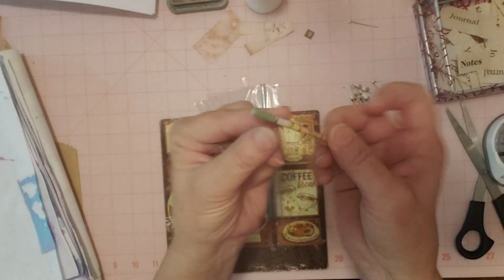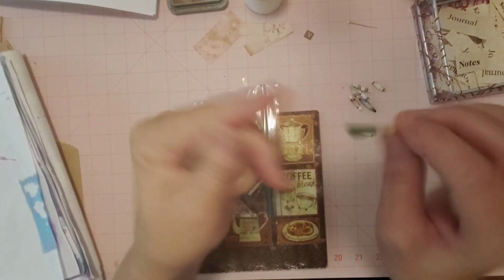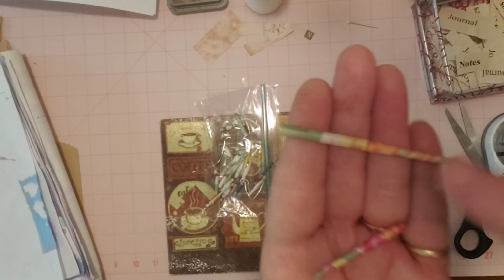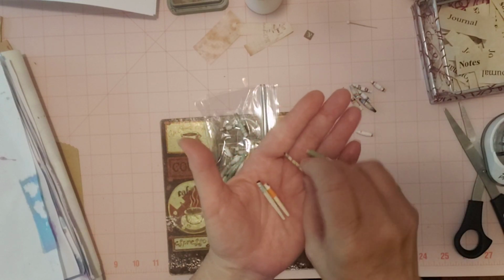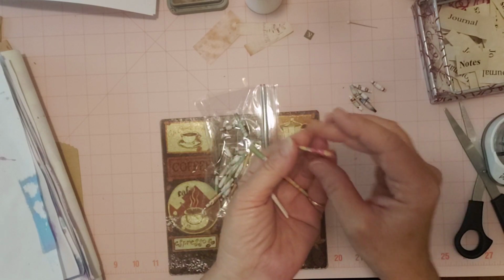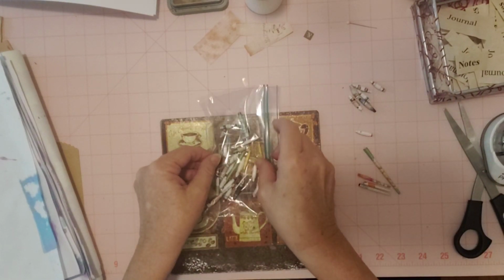But he made this one, and we were joking that, oh, this one could be an earring. We were like, okay, now you have to make another one just like that for the other ear, right? Because he didn't do that on purpose. So it was like, I don't know if I can do that. And here's some more he made. So that was his. And then my niece made